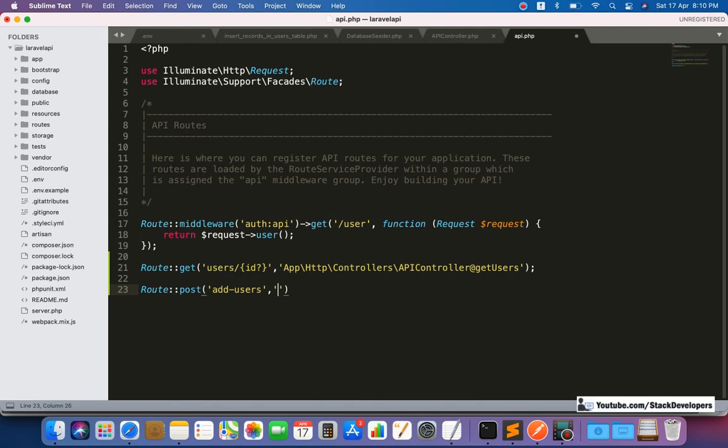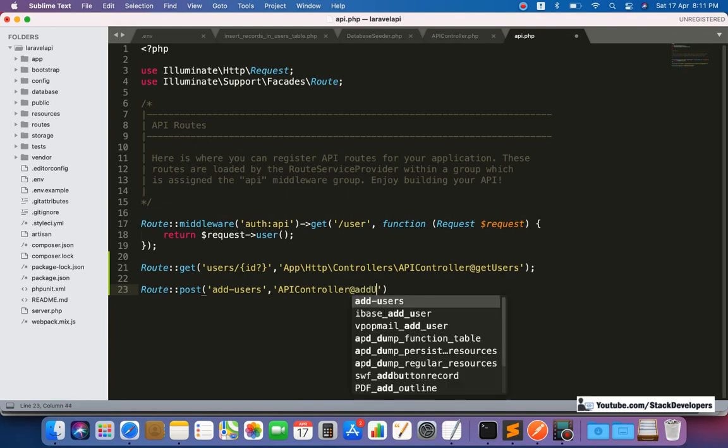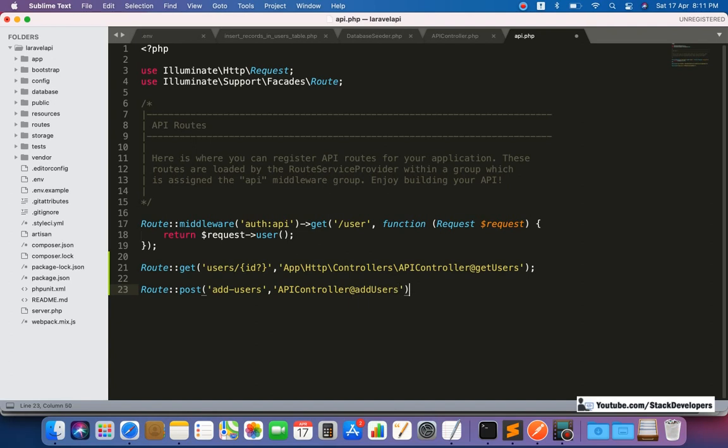Here I will once again add a function in the API controller, and I will make the function add users. I assume that the data I get in post, I am going to pick that data and save it in the database.